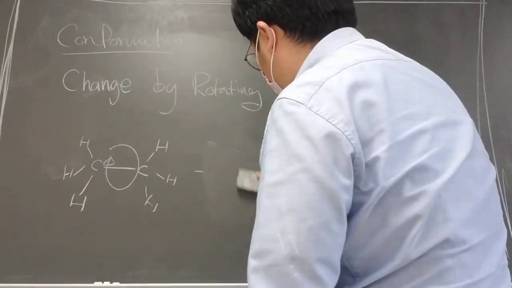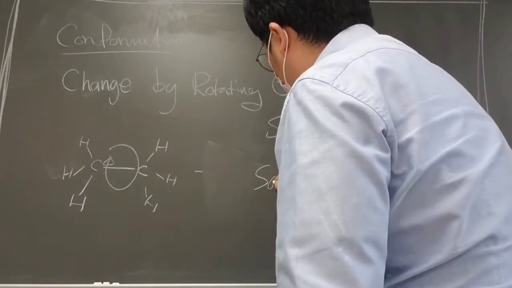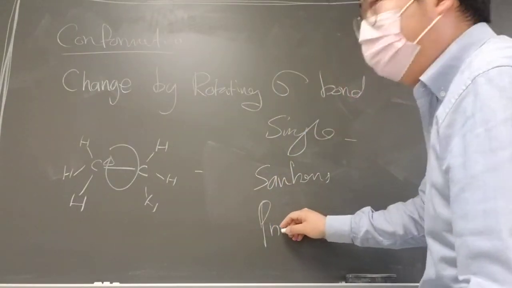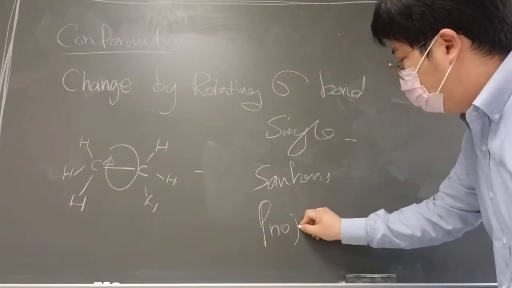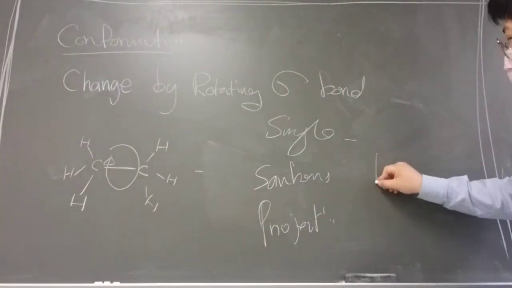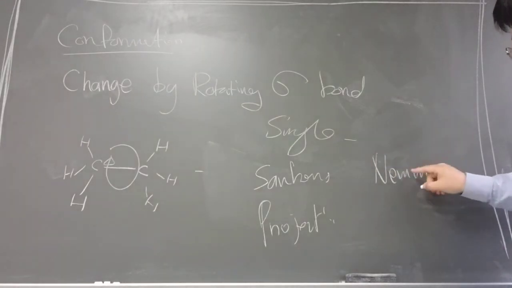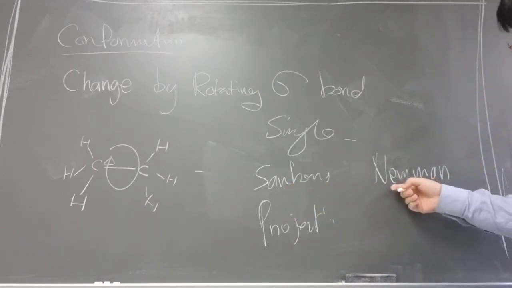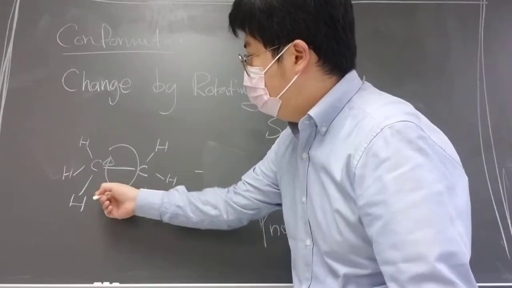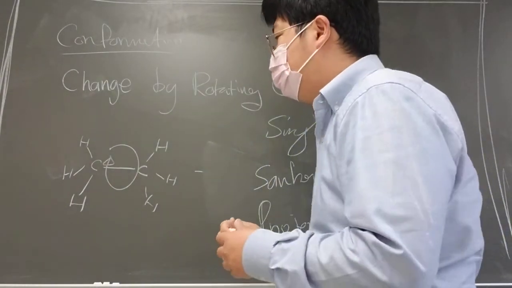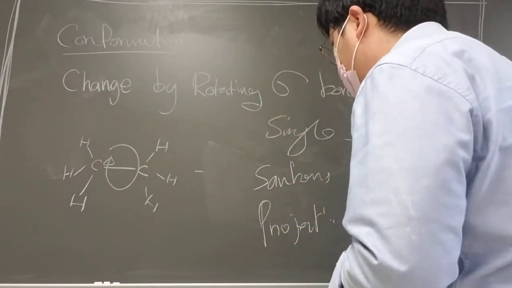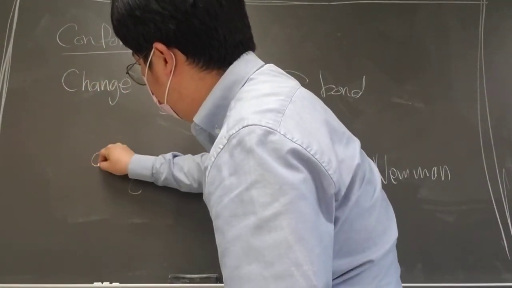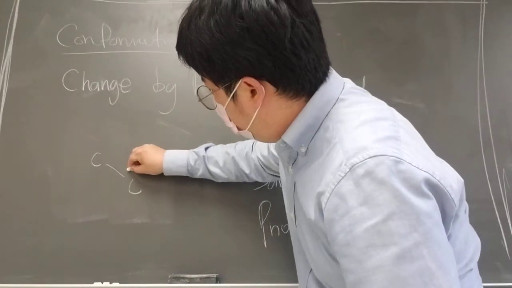The first one is what we call the sawhorse projection, or you can say representation. The other one is the Newman projection. Okay, sawhorse or Newman projection over here. So this is ethane, but if you look at it from a top side view, it will look more like this. So those two carbons are in this, and you can try to draw